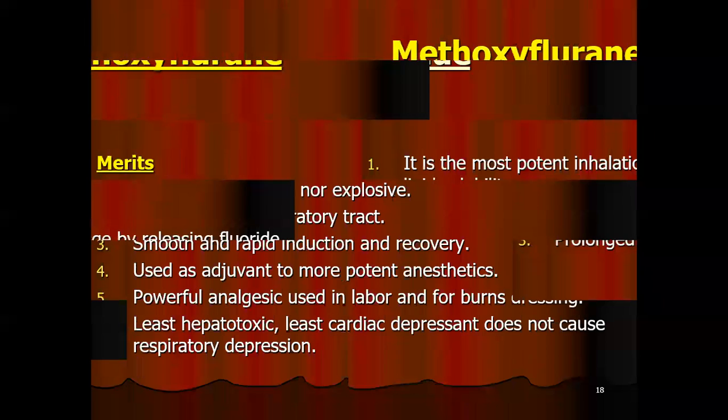So you should know, in cases of inhaled anesthetic agents, there is the blood gas coefficient or Ostwald coefficient. That is the presence of the inhaled agents